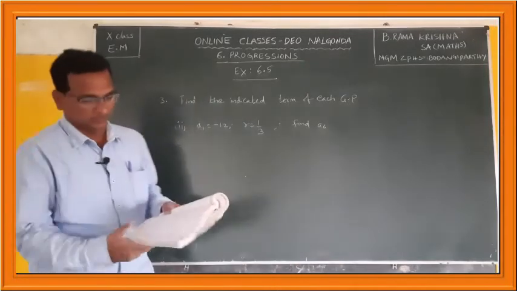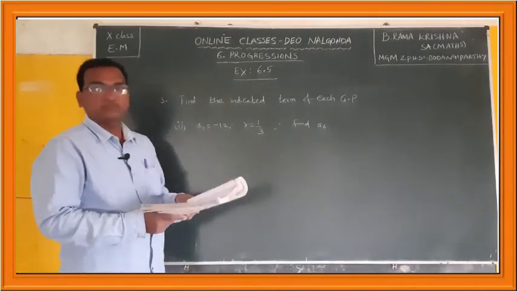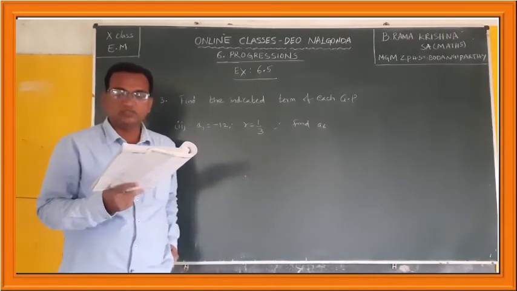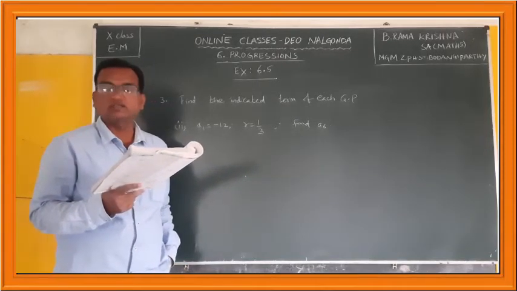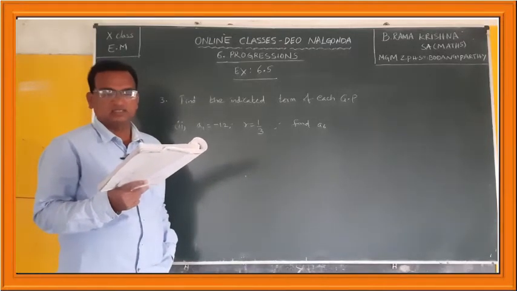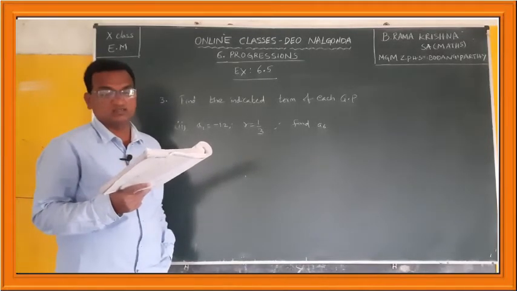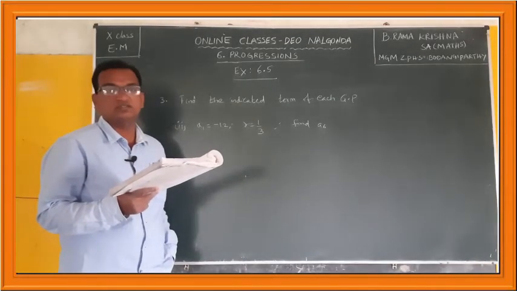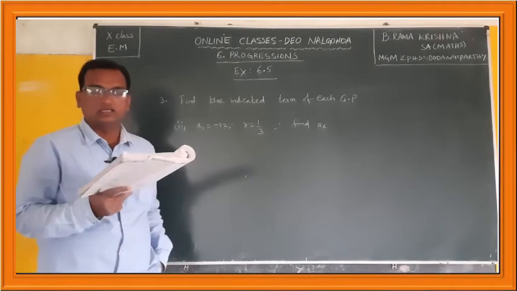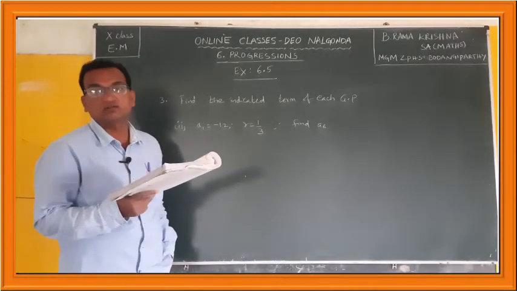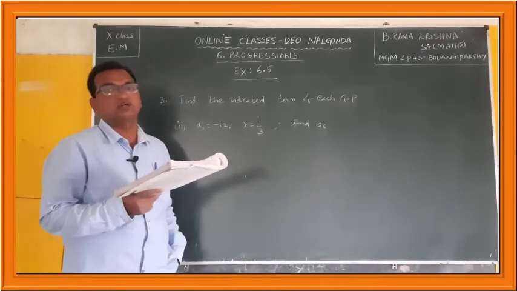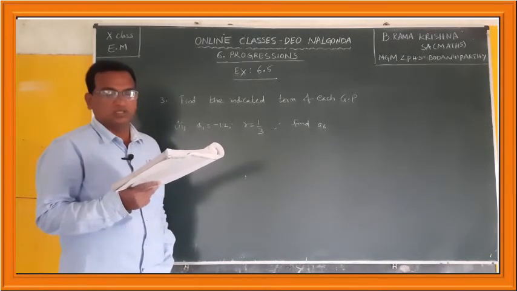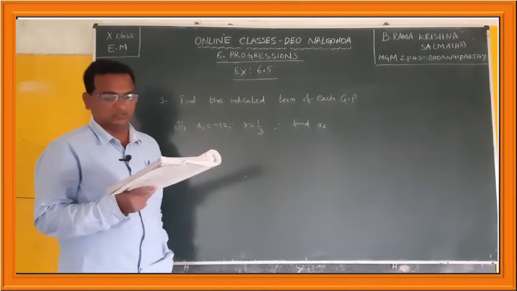Children, here we are moving into exercise 6.5. In the first question, for each geometric progression, find the common ratio and then find a_n. He is asking us to find the common ratio, which is nothing but a2 by a1, and also asking us to find the nth term. Using the nth term formula you can find this. I am not going to do these problems, you please do them on your own.